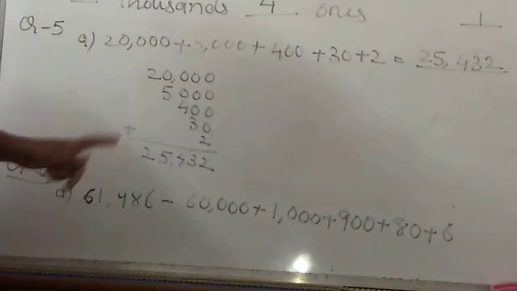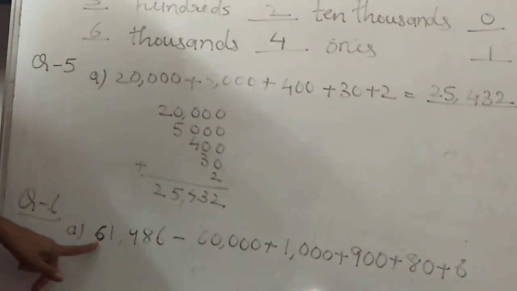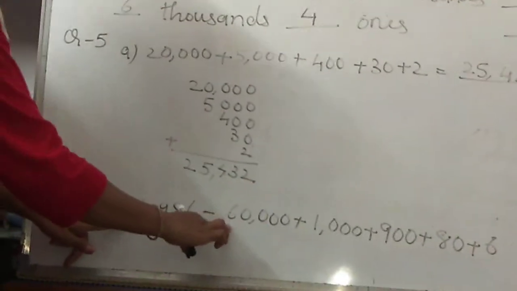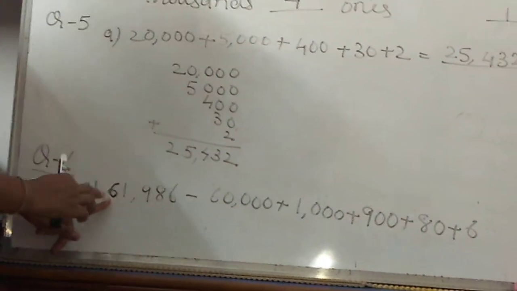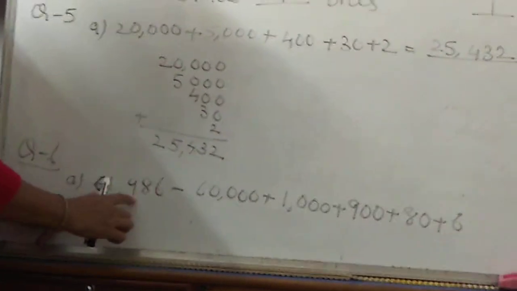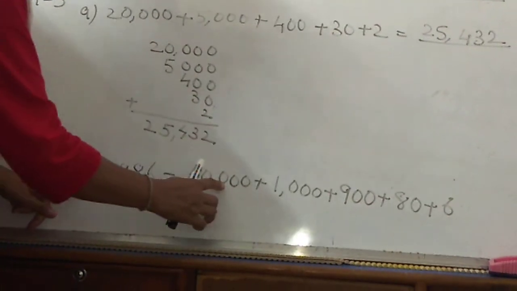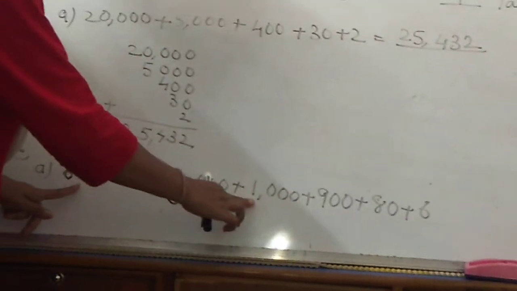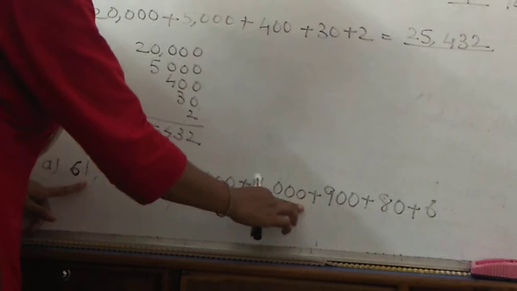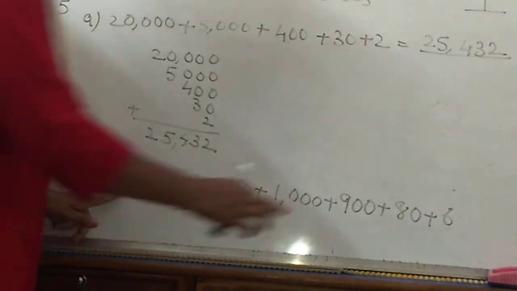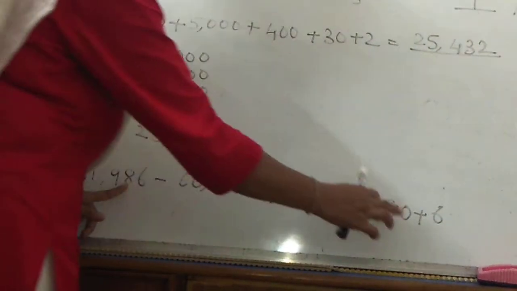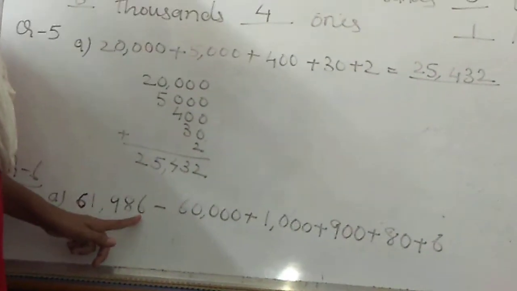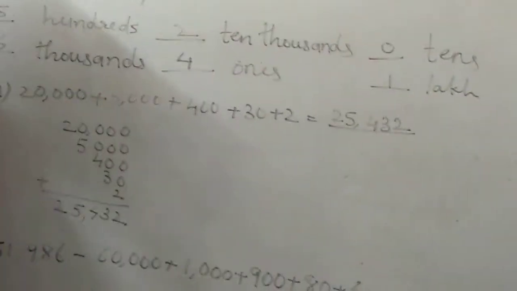One more method I explained you last time also. Write 6 first. After 6, count the number of digits. This is the trick, huh? 1, 2, 3, 4. So write 1, 2, 3, 4 zeros over there. Write 1, after that 3 digits are there, so 3 zeros. Plus 9, after that 2 zeros. Plus 8, after that 1 zero, because 1 digit is there, and after 6 nothing is there, so 6. This is the trick to write this. Okay?